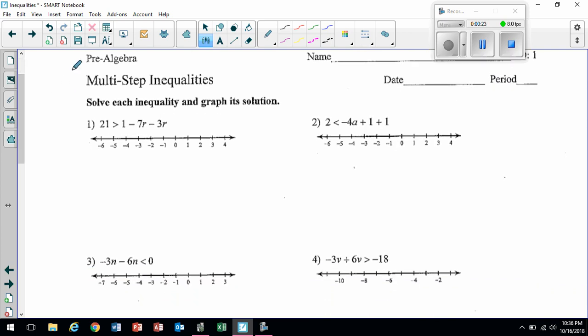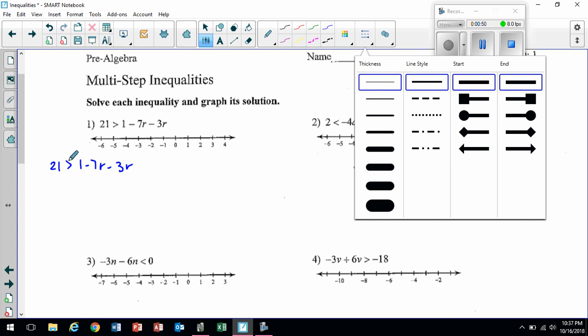So these are multi-step inequalities. It's kind of like the same thing that we've been doing, except there's just new components, right? So I'm going to rewrite this down here. Number one, we're going to start number one. 21 is greater than 1, negative 7r, and negative 3r. Now, before we get started,